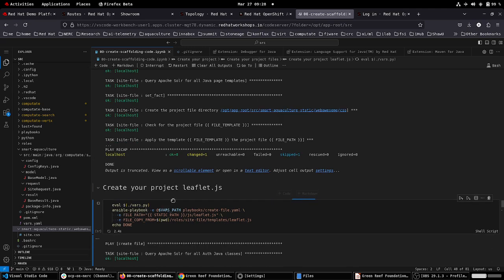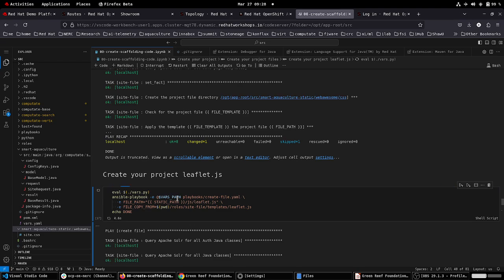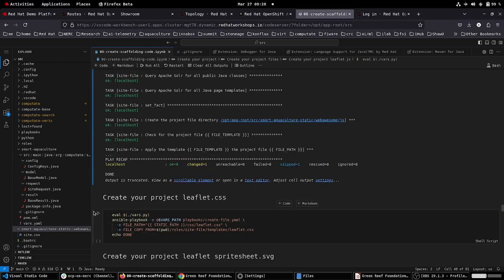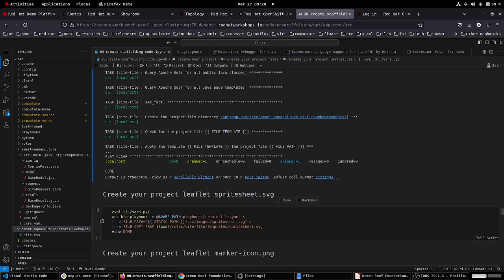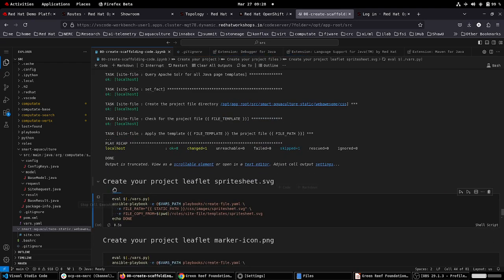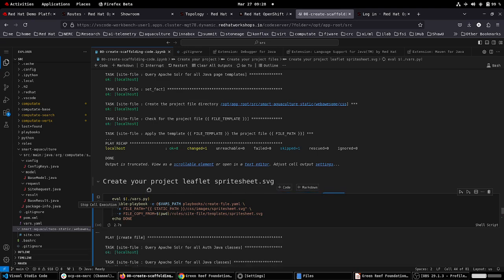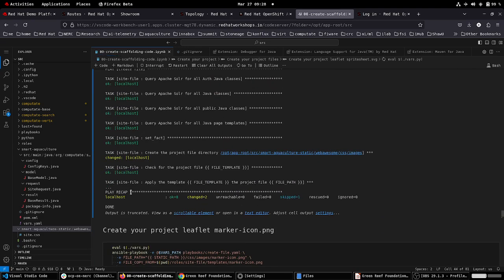Leaflet.js for creating maps and graphs on the site, and the CSS for Leaflet. And the Leaflet sprite sheet SVG for icons on the site,